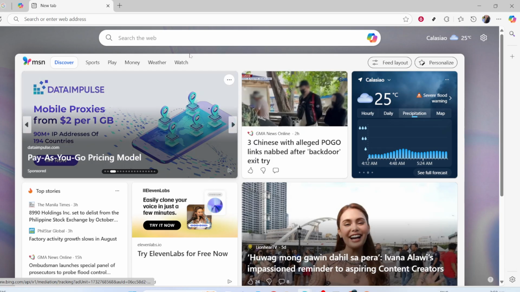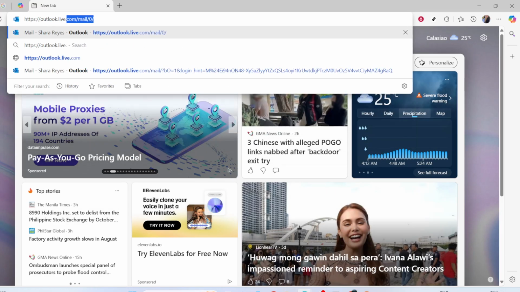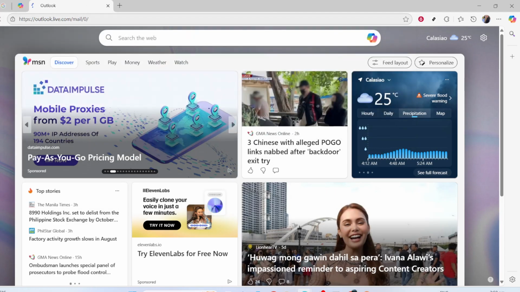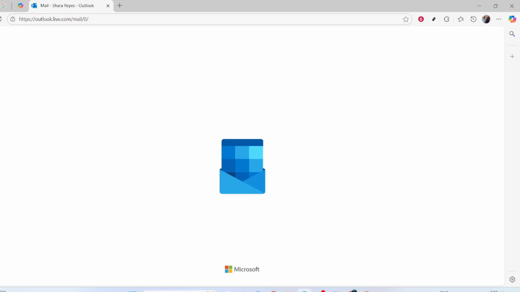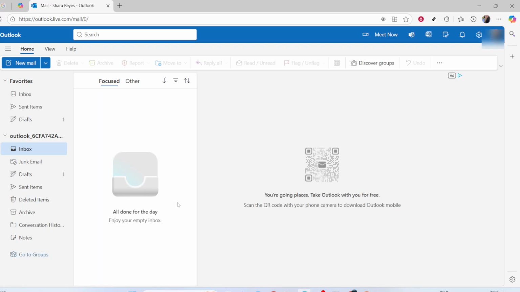https://outlook.office.com. Once you're there, go ahead and sign in using your Microsoft 365 account. Make sure you have your login credentials handy if you're not already signed in. Signing into your account is essential because it grants you access to all the Microsoft Office features available in your